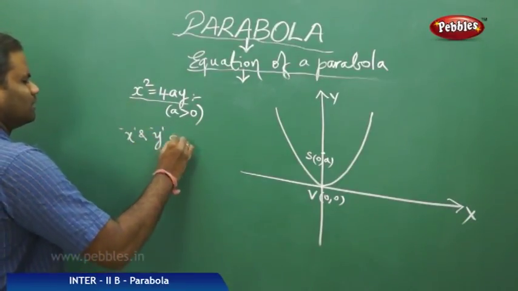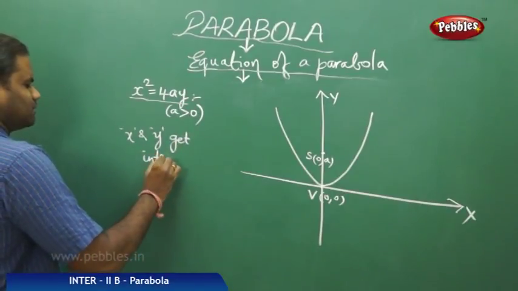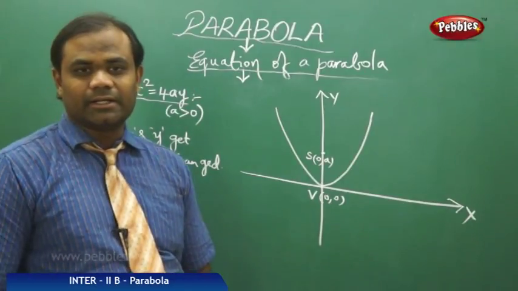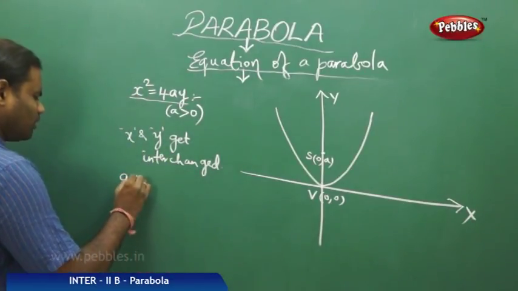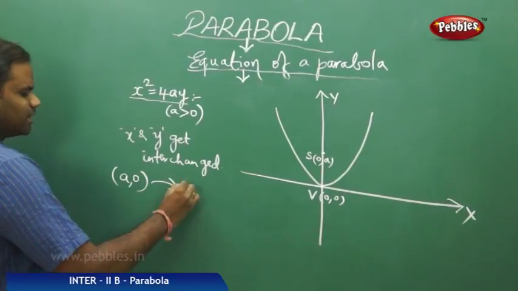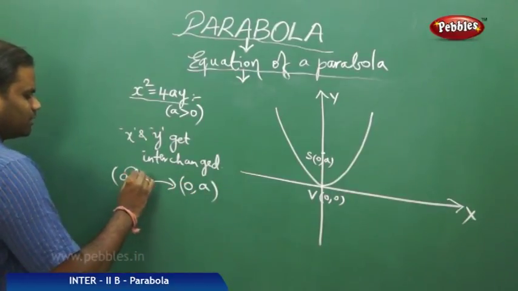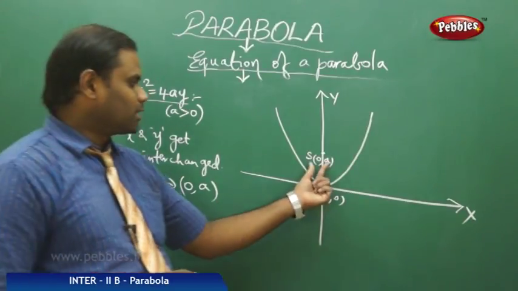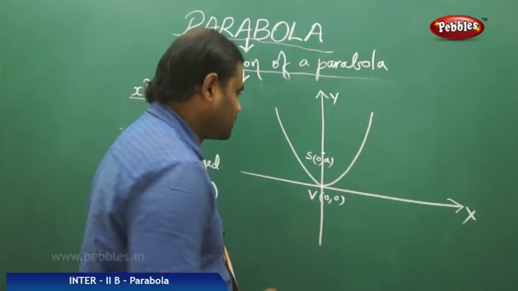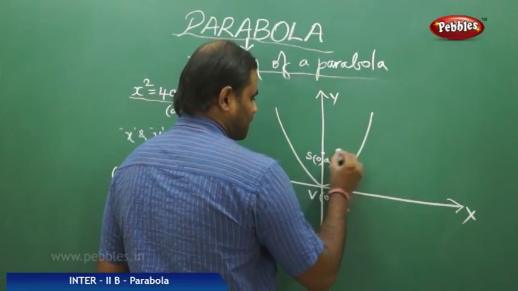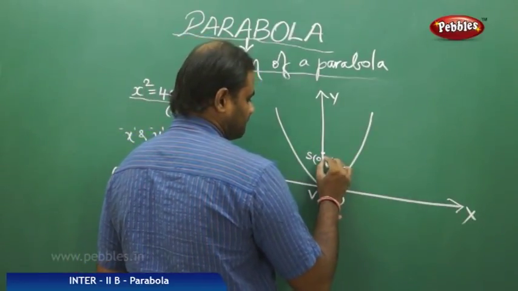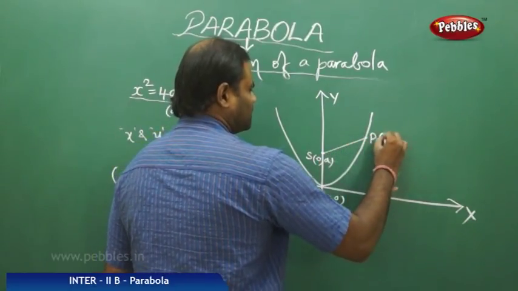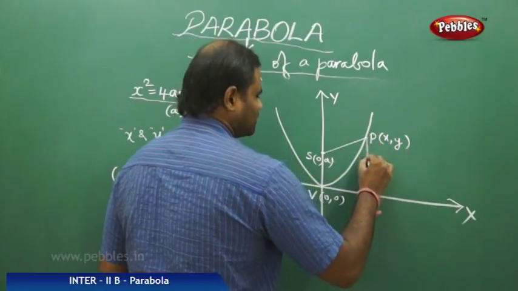X and y get interchanged, and hence each of its coordinates get interchanged, where a, 0 of the original focus gets shifted to 0, a, where this is shifted here and this is shifted here in this form. So I get the focus to be 0, a, and then with the point P, with the locus x, y,